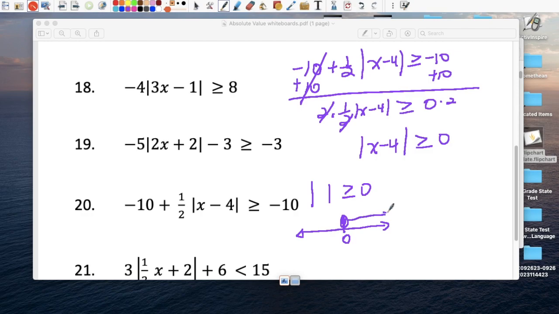In this case, every number including 0, you can take the absolute value of, and it will make this inequality true. Likewise, any number to the left of 0 will also make that inequality true. By definition, the absolute value of anything is 0 or a positive number,